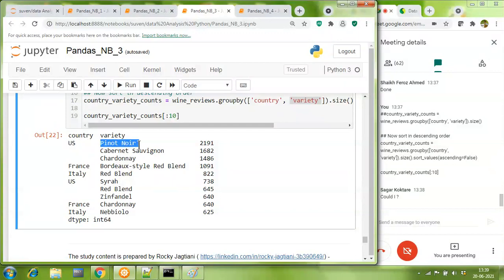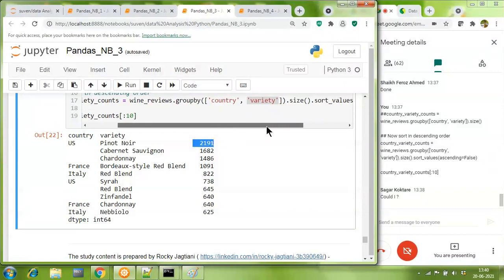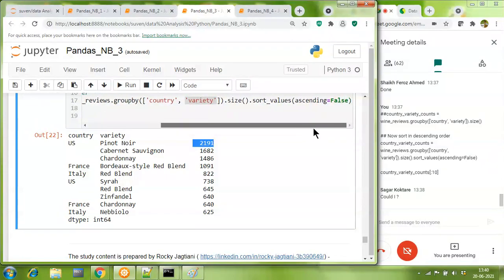So there will be a group formed for Pinot Noir, there's a group going to be formed for Cabernet, and there's a group going to be formed for Chardonnay. So there are going to be groups formed for A, and then for B, and then for C. Under the group A, or say the short form group called PN, there are 2191 entries. You cannot find this by using the count function. Why? Don't ask me this. I've given in the comment, so I want you to read the comment. So you need to use a different function called size when you're doing group by on multiple columns.